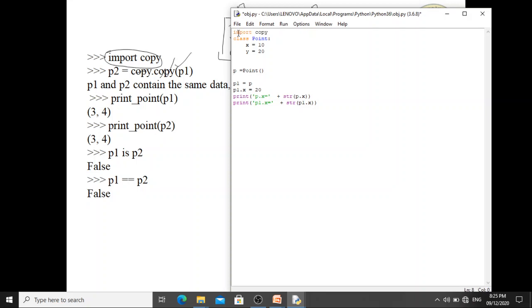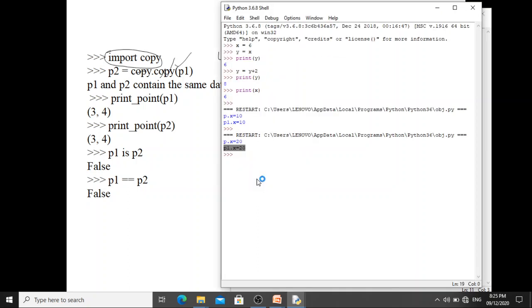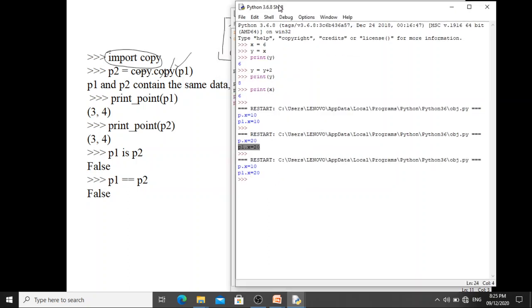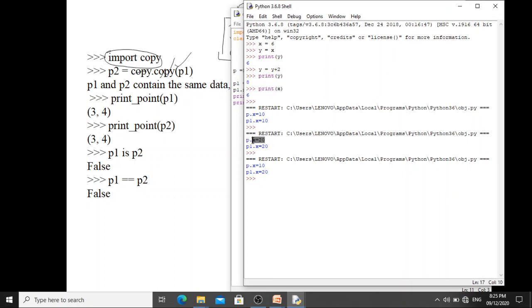Now instead of P1 equals P, I'll write copy of P. Now if I modify P1.x, only P1.x gets modified but P.x remains unchanged. Note the difference now: earlier it was 20, 20. Now P.x remains unchanged, only P1.x got changed.